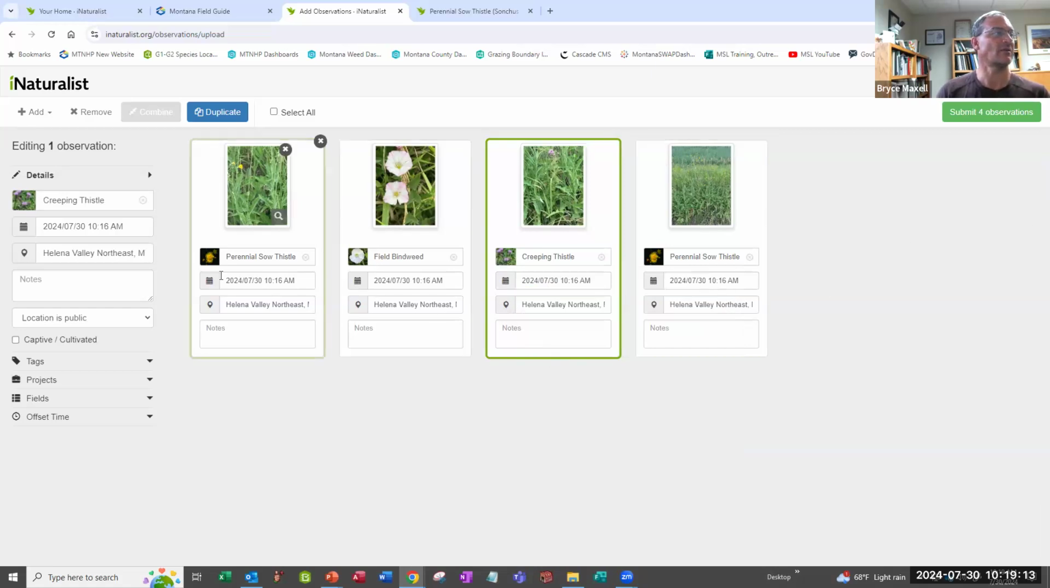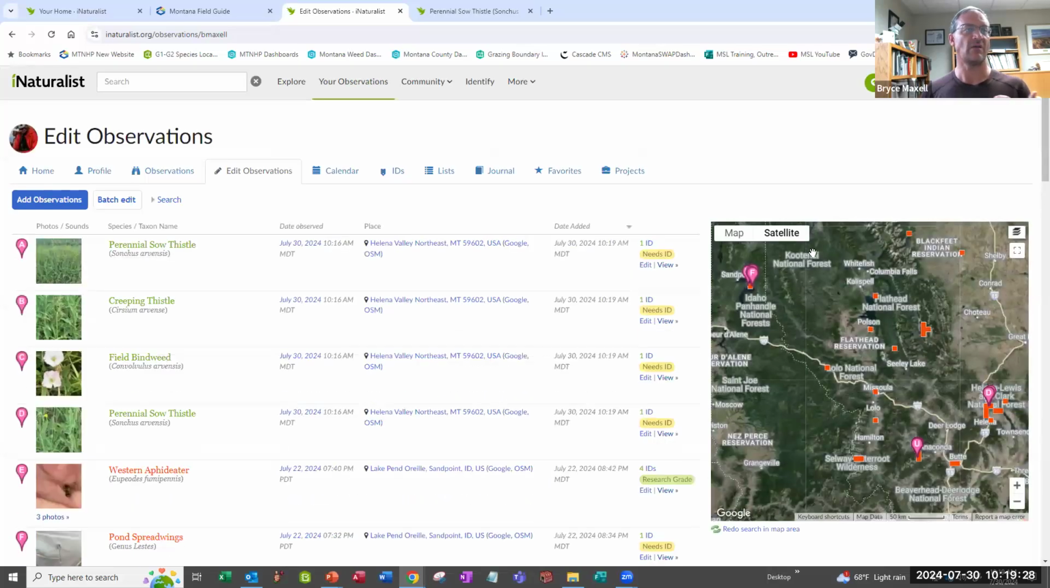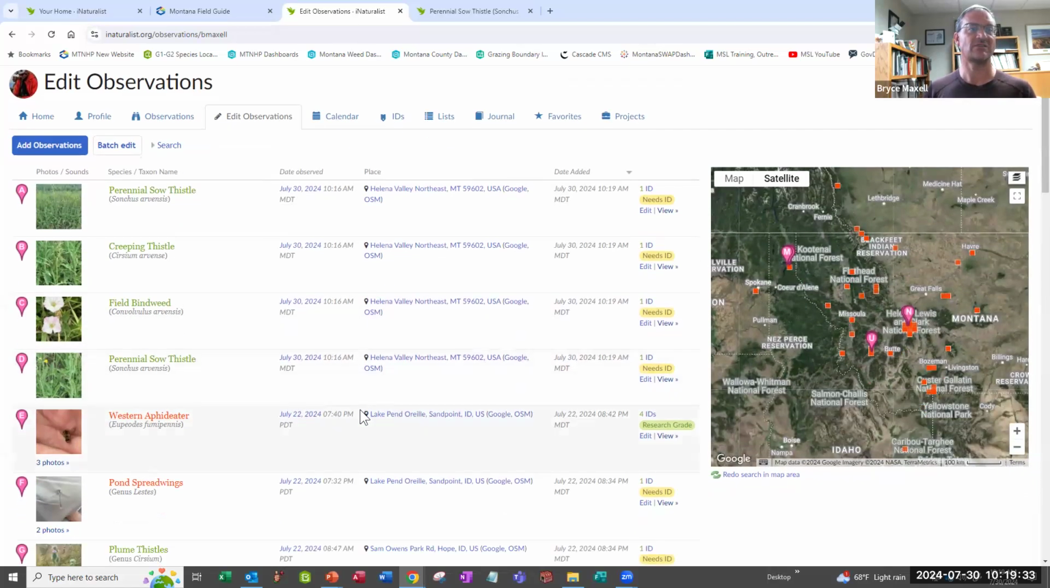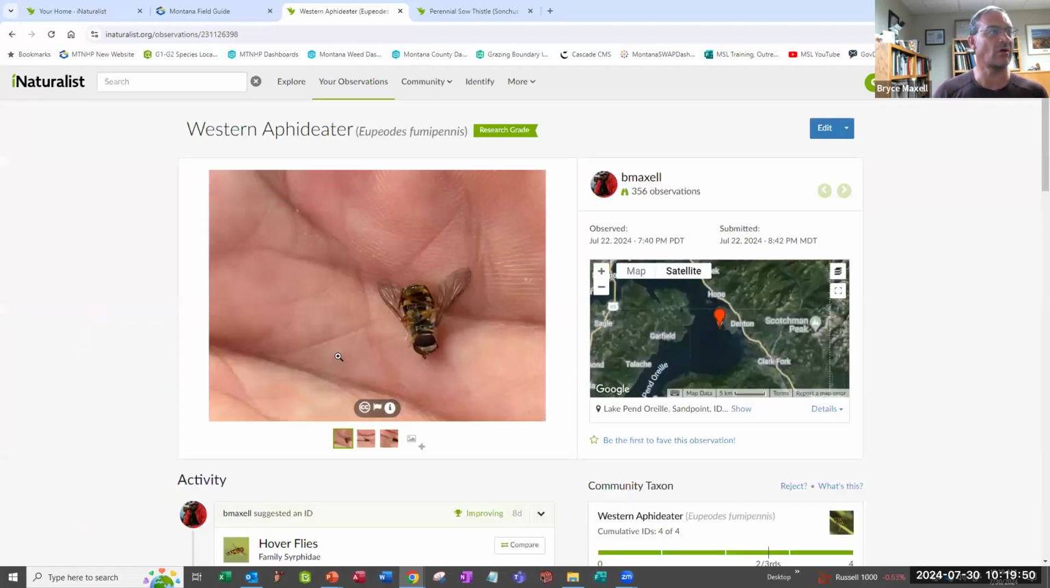And so I've got dates and locations on all of these. I'm ready to submit them. And now other people in the iNaturalist community will go through and add their identifications to it. And if two thirds of people agree on the identification, it will be labeled as research grade. You can see here, I'll click on an observation that I made out on a trip to Lake Pend Oreille of a